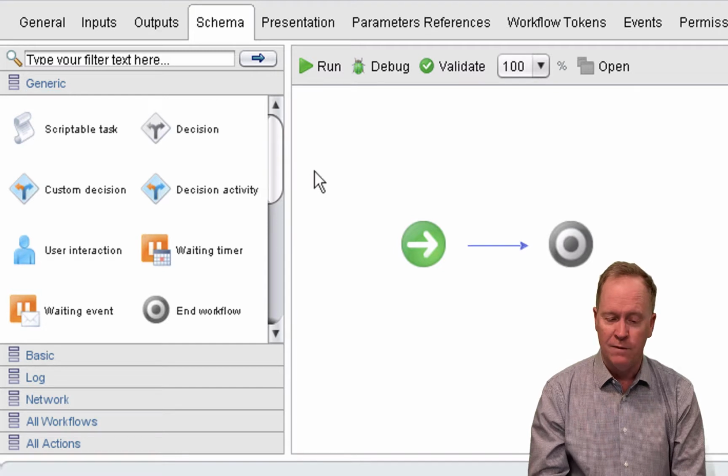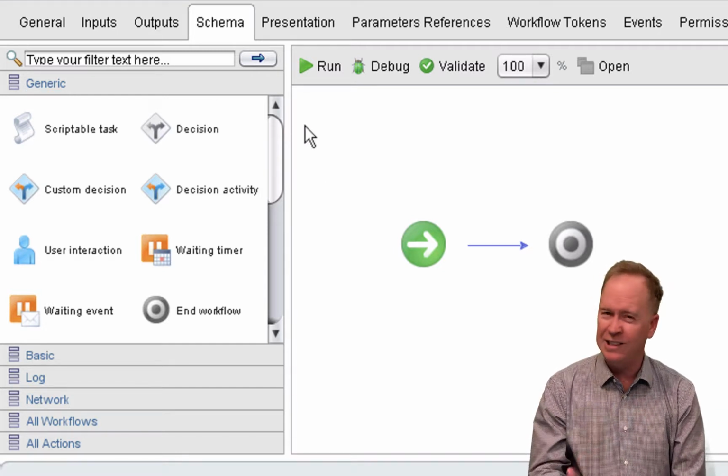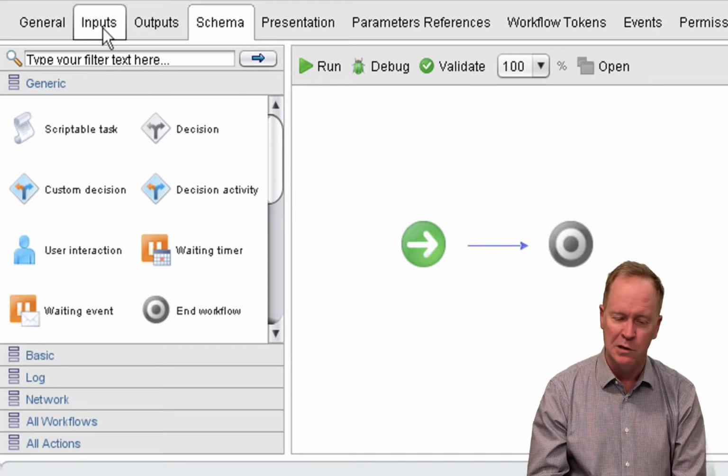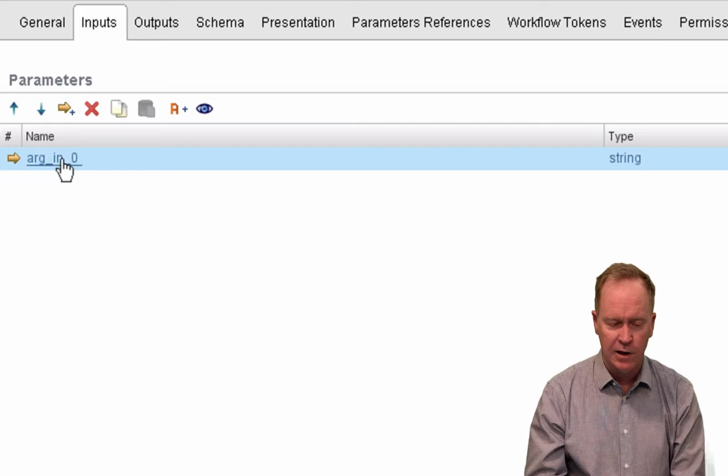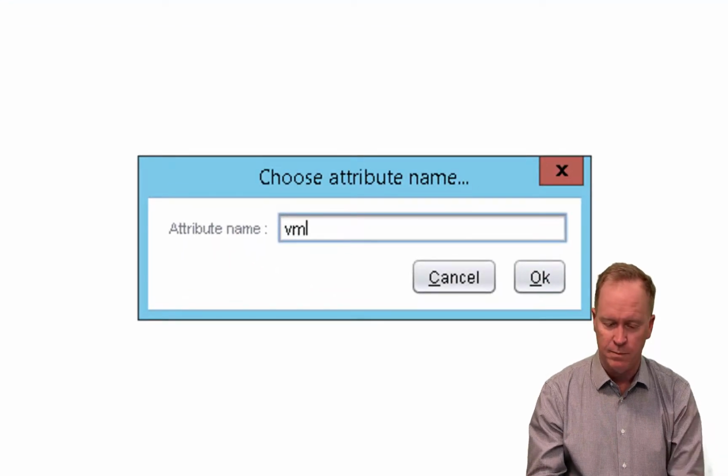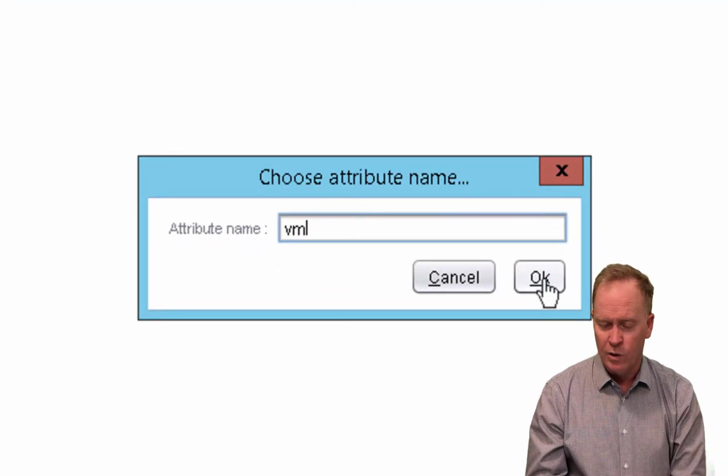Now I could create that VM variable lots of different ways. I'm going to do this a nice simple way. I'm just going to go create an input parameter. So I'm going to inputs, I click on the add button, and in here I'll call this variable VM. If we hit OK,